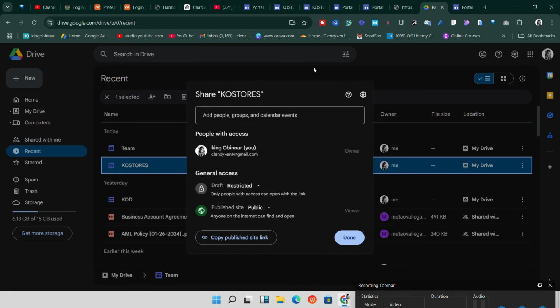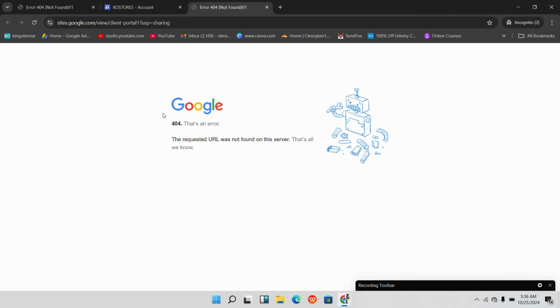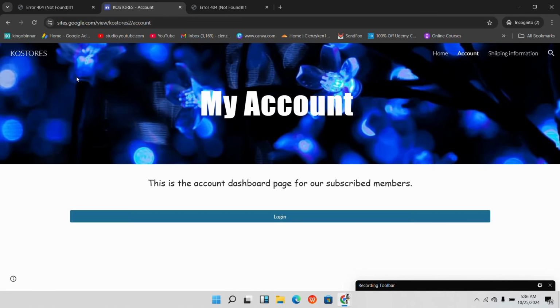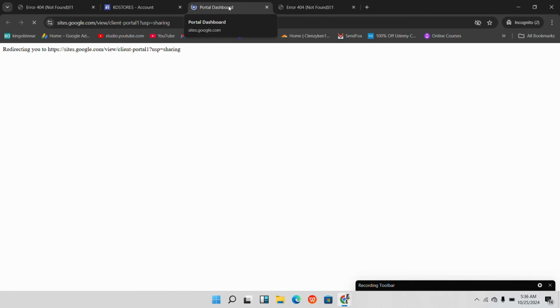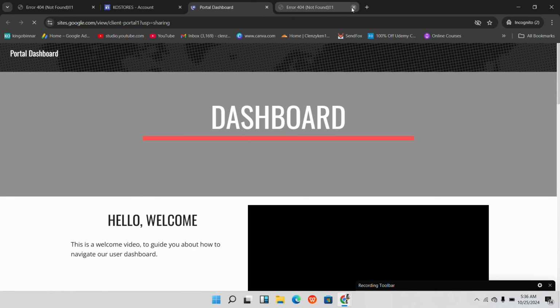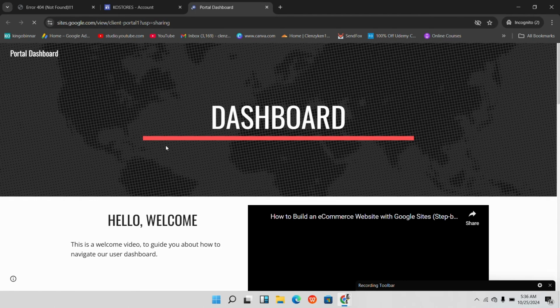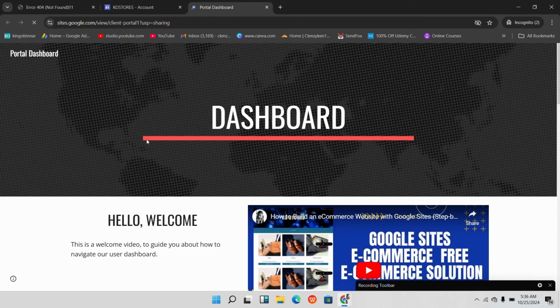So right now, let me go to an incognito window, and let's see if I refresh this page and come over to login. So it's actually redirecting me, and right now, as you can see, I now have access. This is because I invited myself. Now this is why it actually gave me access immediately,